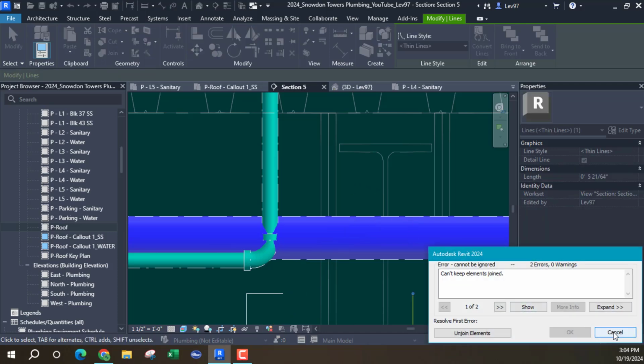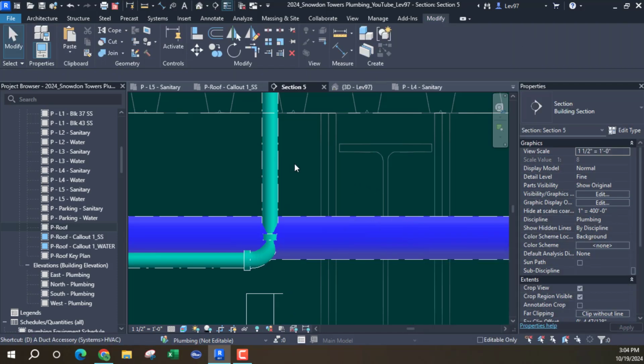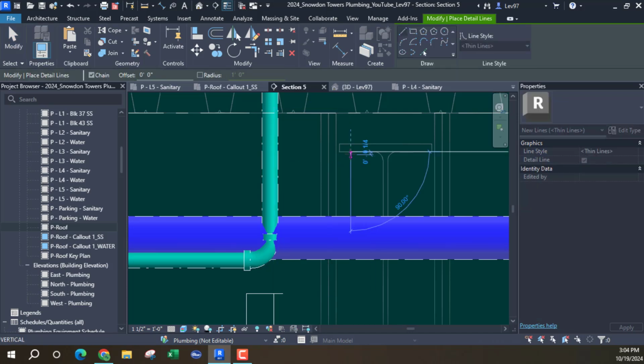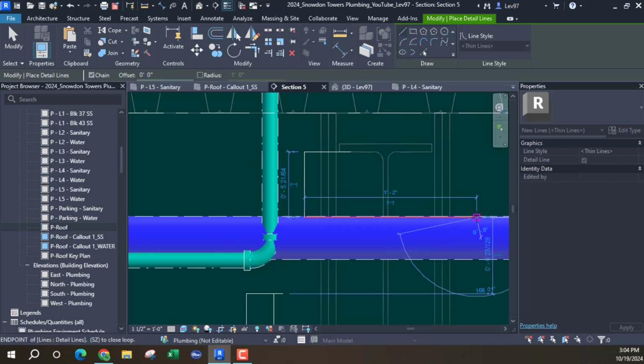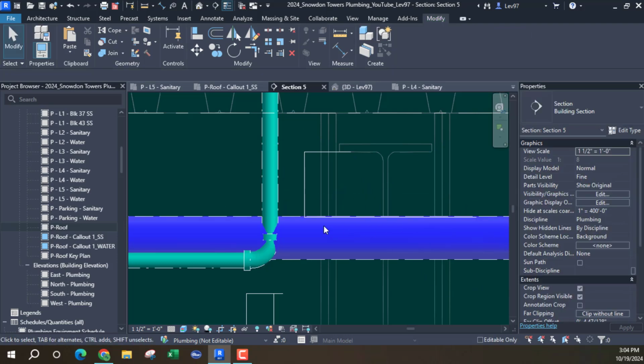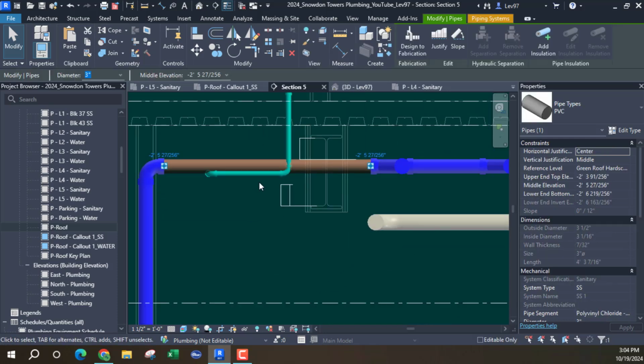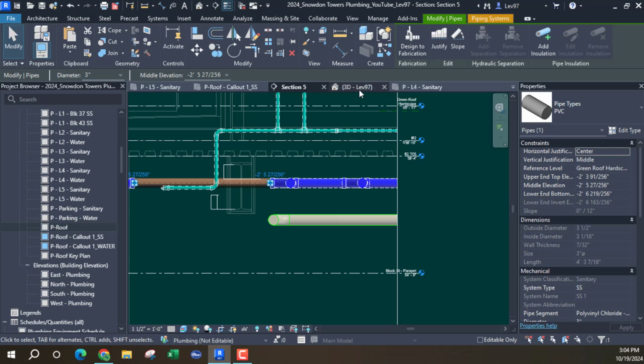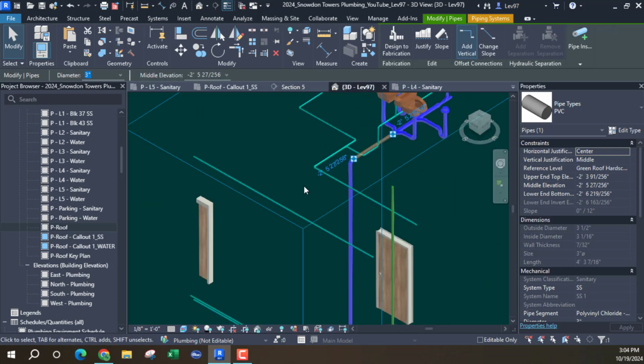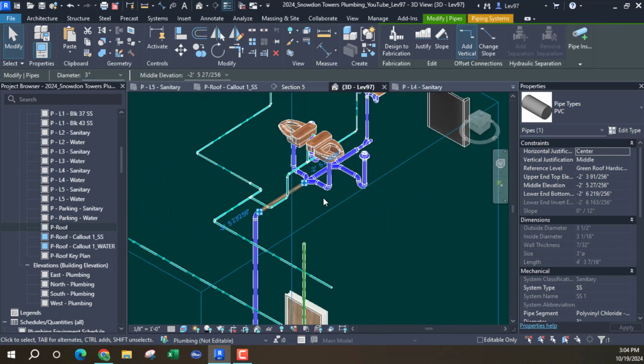Join elements. Okay. So we got this down and 0 space 5.33. And we have that. Okay. So that pipe needs to be in this space. Can I bring it down? Let's see. So we go to our 3D view and look at it and just take a look around and